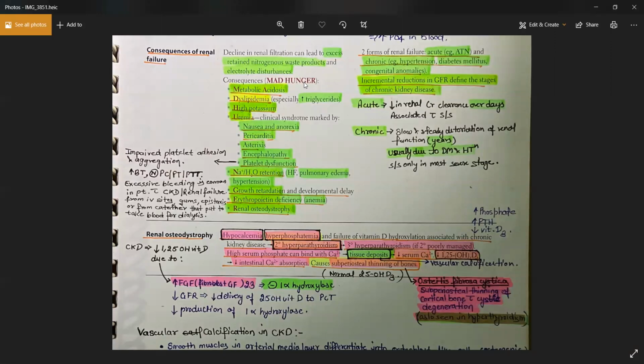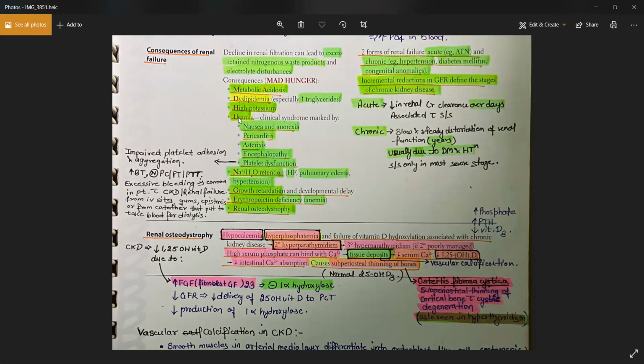Whenever you have a kidney failure, first thing you will have is the metabolic acidosis, high anion gap. It must be. Second thing is a dyslipidemia, because your liver tries to compensate for all this protein loss and other things. You will have a high triglyceride level. Your kidney cannot excrete all these things, right? So you'll be having high triglycerides, high potassium, because the function of the kidney is to excrete potassium and to reabsorb the sodium. So hyponatremia will be there, hypomagnesemia will be there, but a hyperkalemia will be there. Uremia will occur because of excessive deposition of all these acids which cannot be excreted now because of this renal failure.